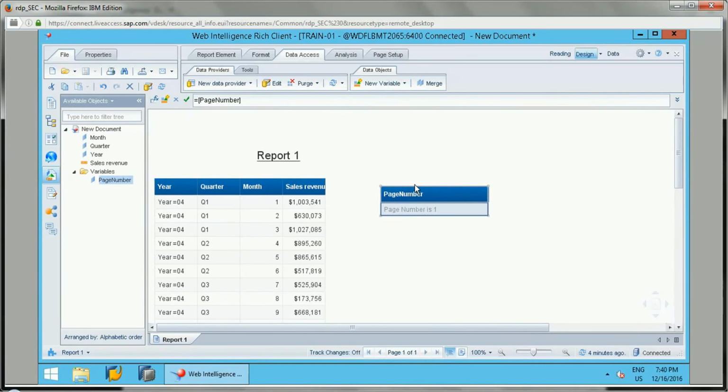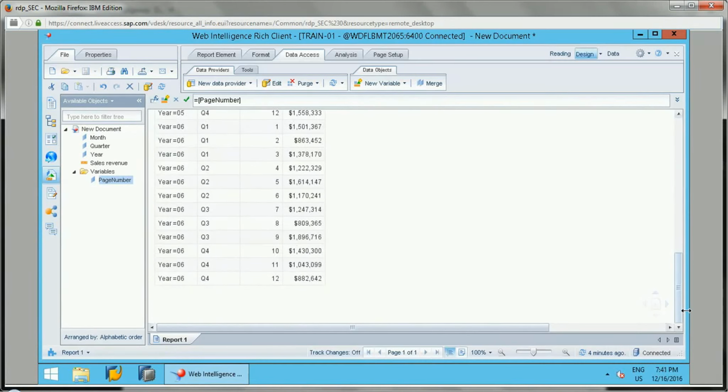Okay, so this is one way. In the header and footer as well, we can add this page number if I want. Okay, so this is the way which we can use.